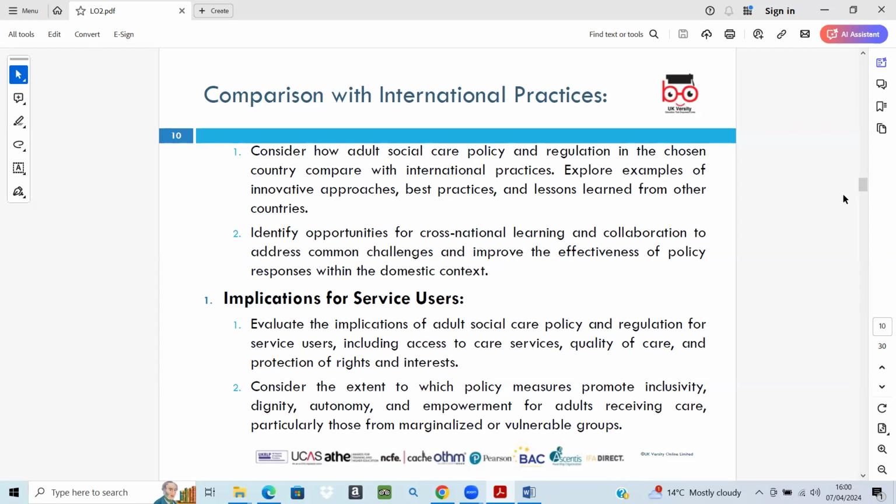For example, in the United Kingdom, we have many nationalities of people living here, and a few of them are marginalized, or they think that they are marginalized, or they have a very low number of residents in the country. So we need to think about their culture, lifestyle, and how we can support them according to their needs and requirements.